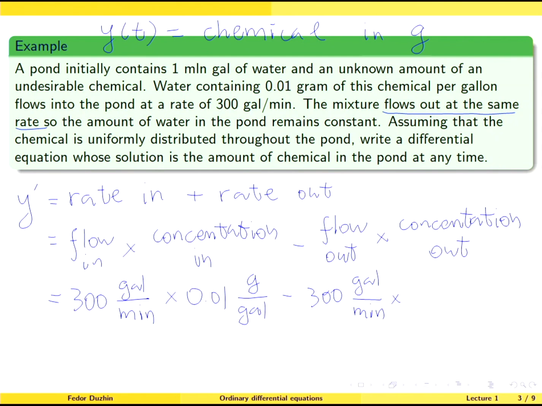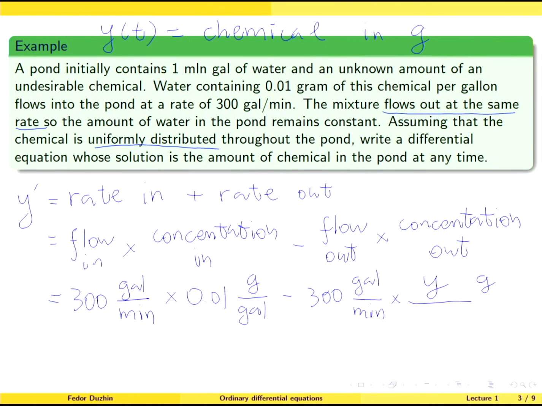Assuming that the chemical is uniformly distributed throughout the pond, the concentration in the outflow is the same as the concentration of the chemical in the whole pond. And the concentration of the chemical in the whole pond is, of course, the total amount of chemical divided by the total volume of the pond. And the total amount of chemical is y